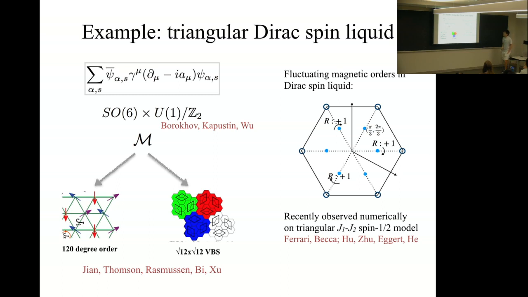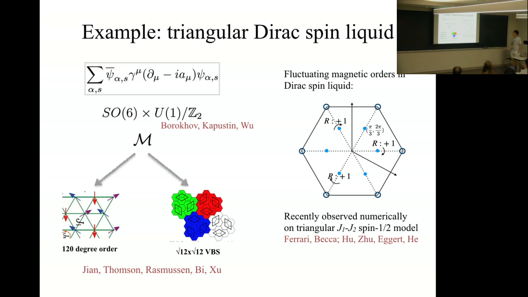So for that, let me go back to the triangular lattice example. It turns out, which Juven actually mentioned, if I took the band structure I mentioned before, but turn off the spin orbit coupling, so I just have some pi flux around the lattice, that naturally realizes 4 Dirac fermions, gapless. And I end up with this QED3 with NF equal to 4, for which there is by now reasonable evidence from the numerical side that indicates that this might be a stable CFT.